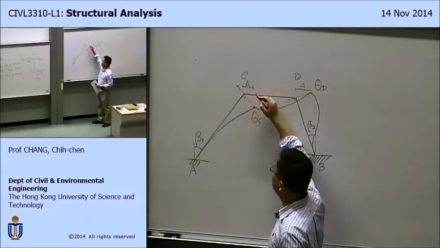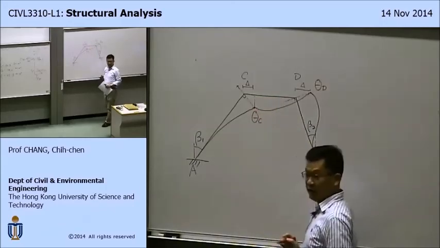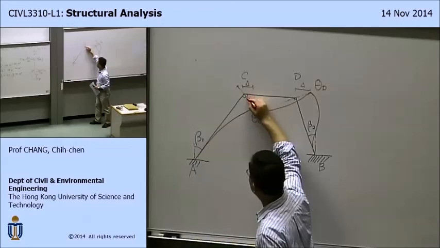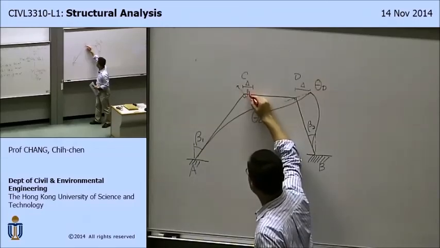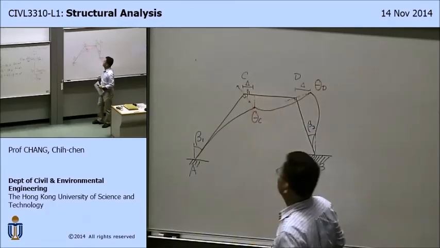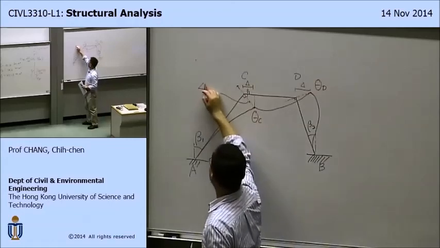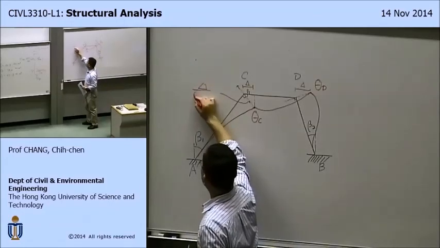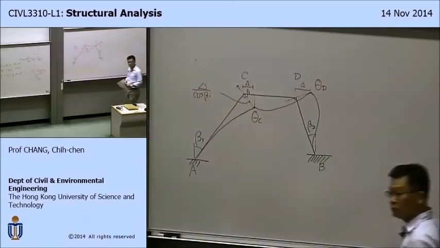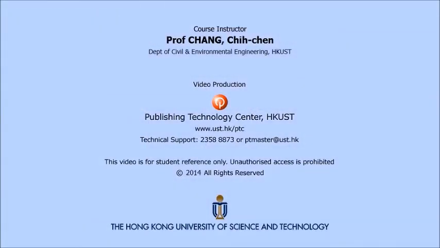This translation is going to get into your rigid body rotation angle because this is beta 1. So this is going to be delta cosine beta 1. So as a result, your rigid body rotation